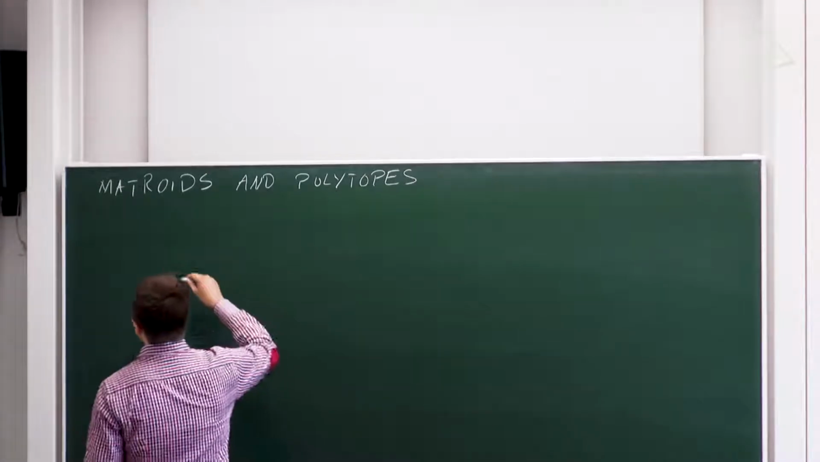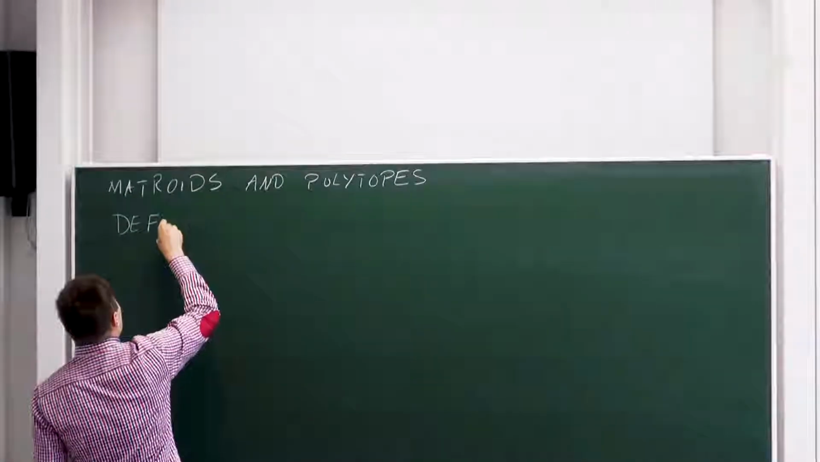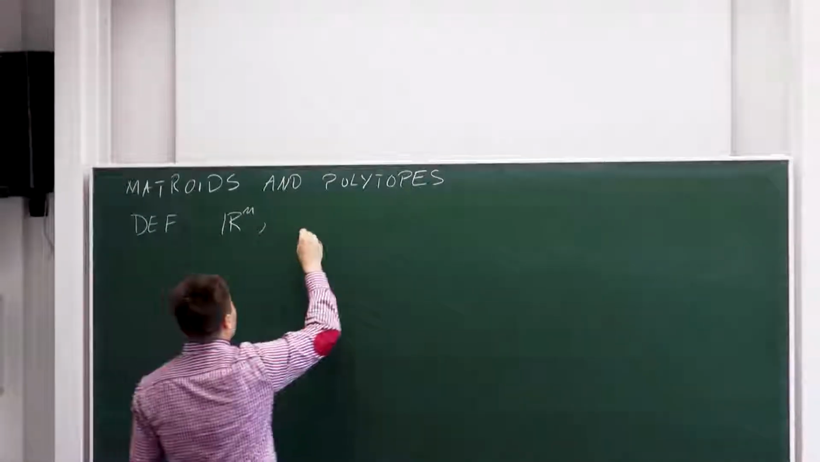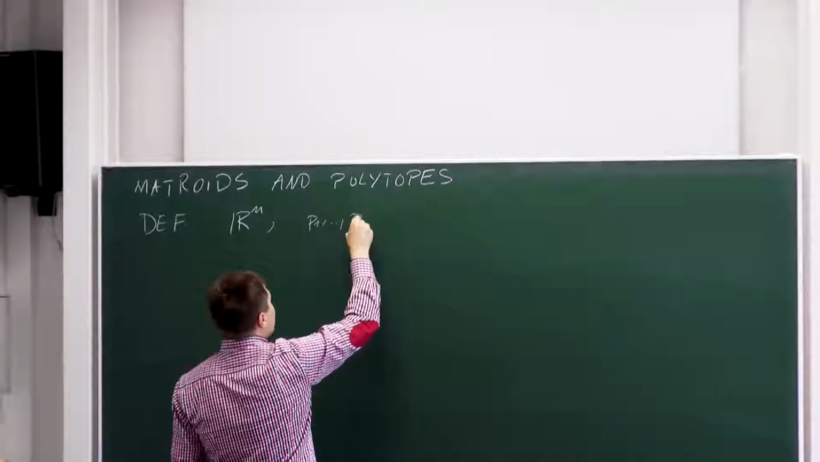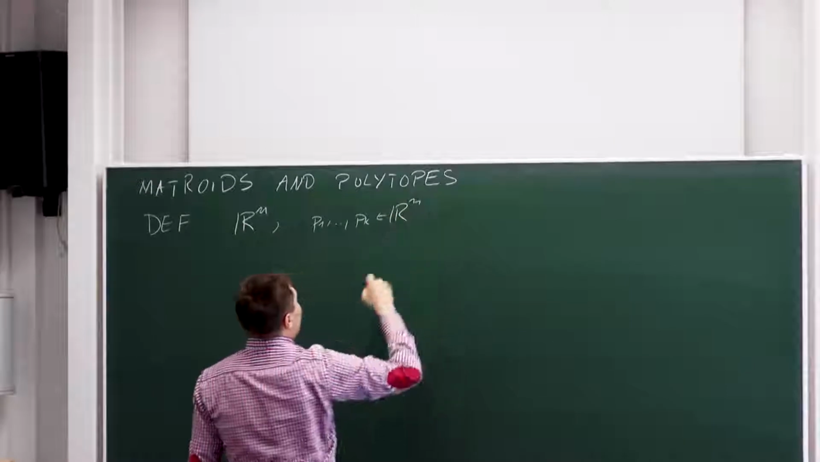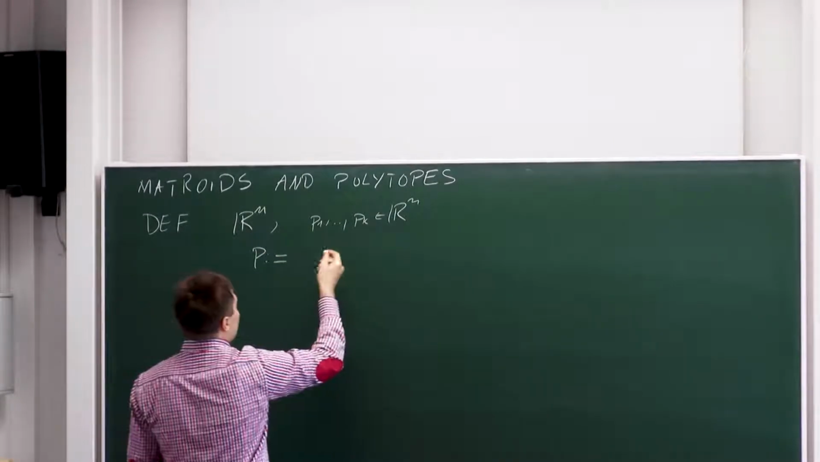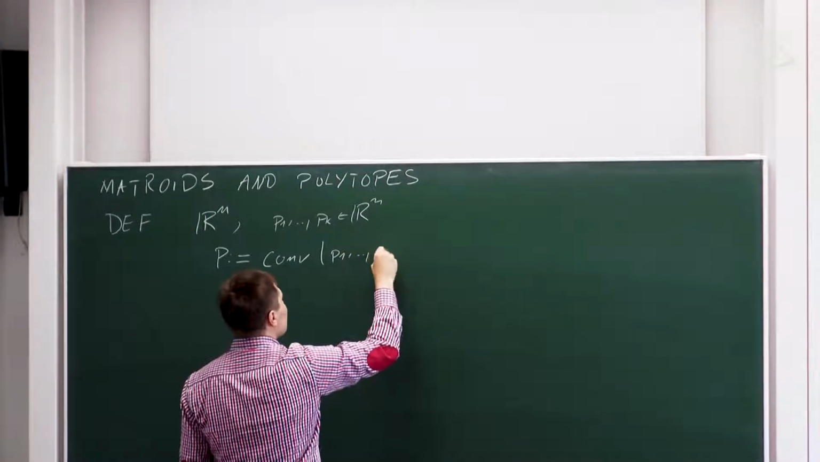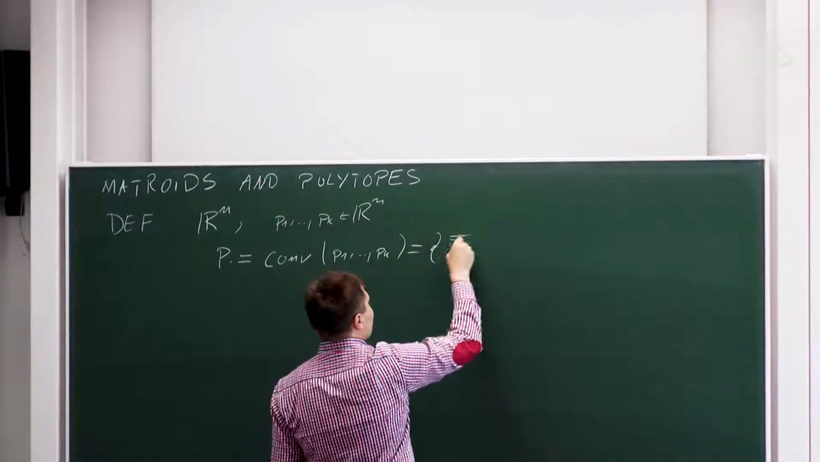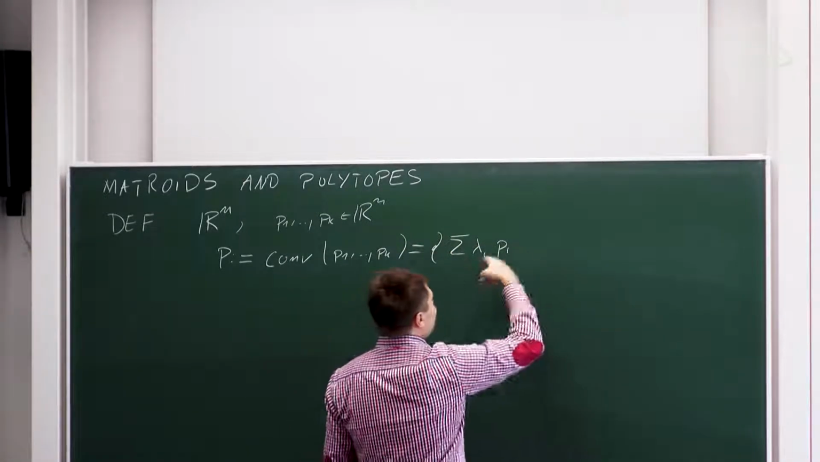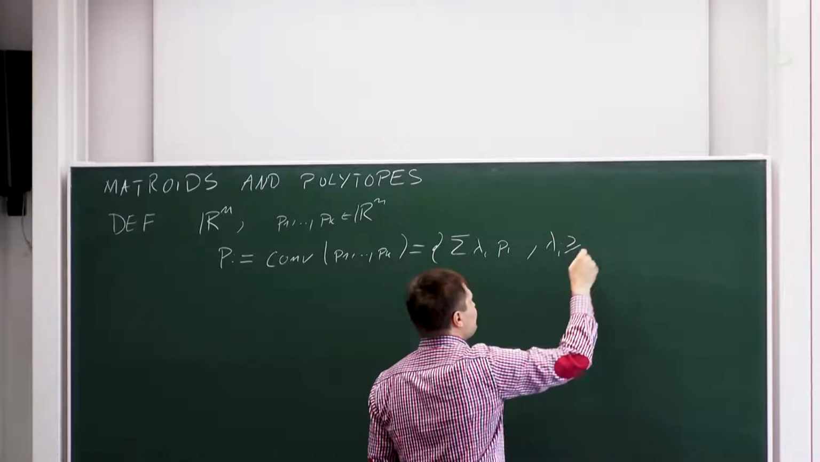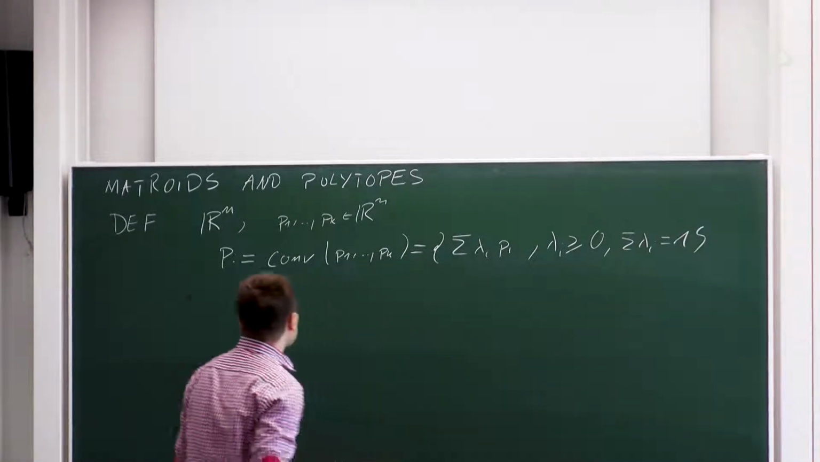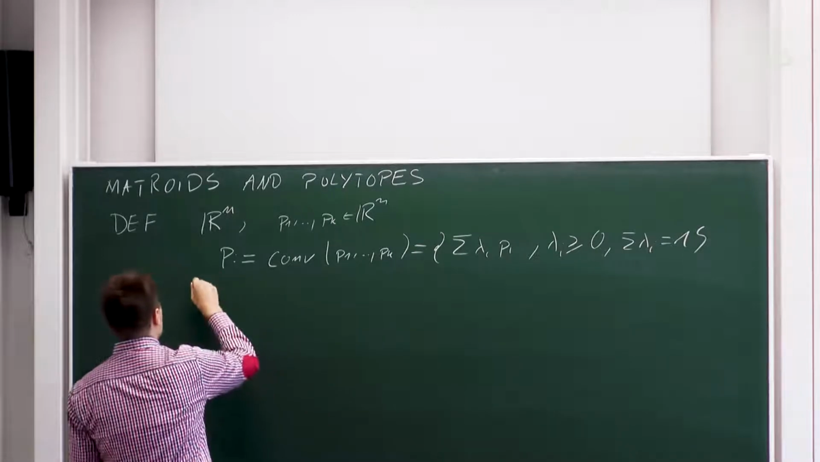Let me recall a definition of lattice polytopes. So we have a real vector space, R^n, and we fix a finite number of points in this R^n. And the convex hull of them, this is a polytope. Well, what do I mean by the convex hull? Of course, I just mean a combination of those points when the lambda i's are non-negative and they sum up to 1. That's a polytope. And we say that this is a lattice polytope